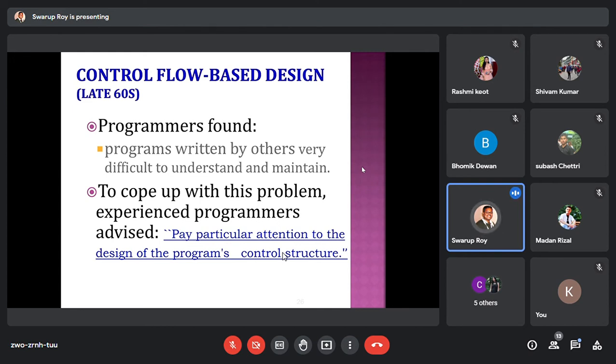So basically, they adapt something called control flow, the control flow or control structure of any good, big program. Control flow means different components will be there in a major component. We have to identify and isolate them, and decide which component interacts with which component. That needs to be designed at the very beginning.